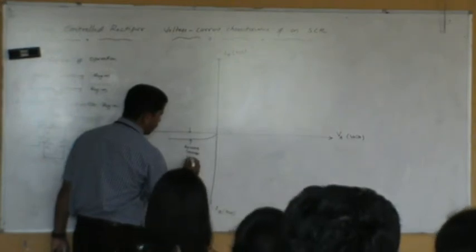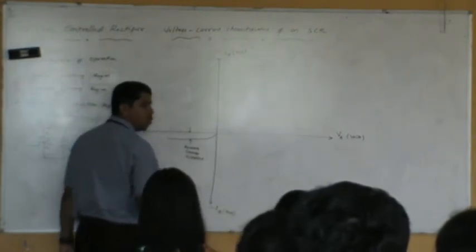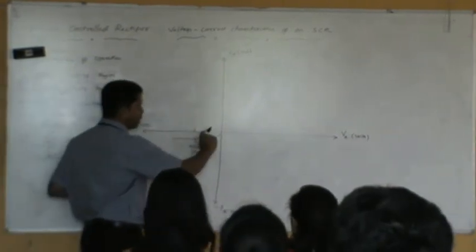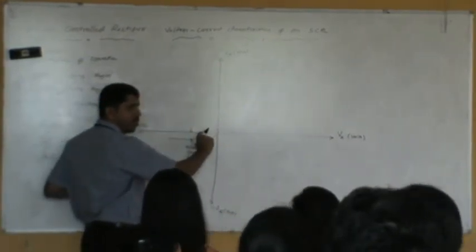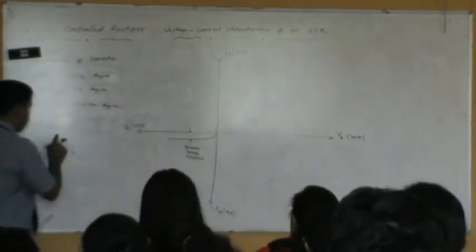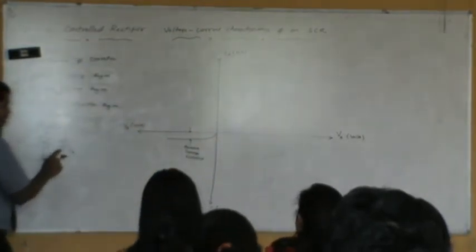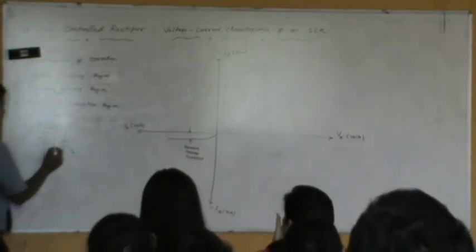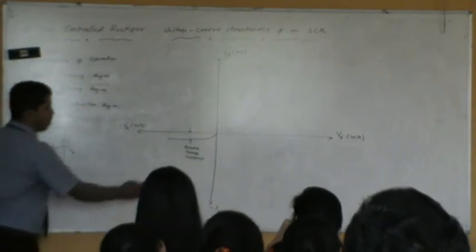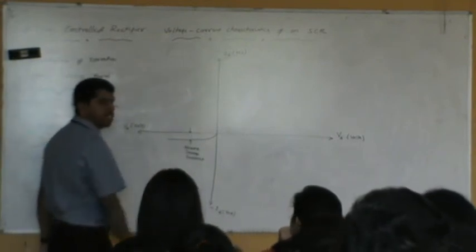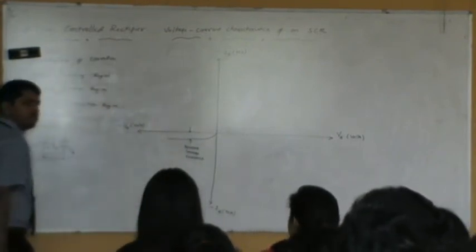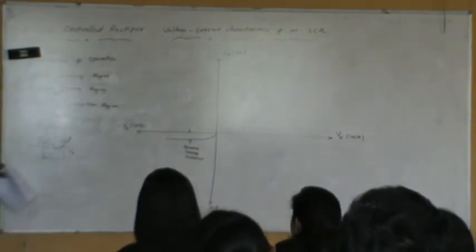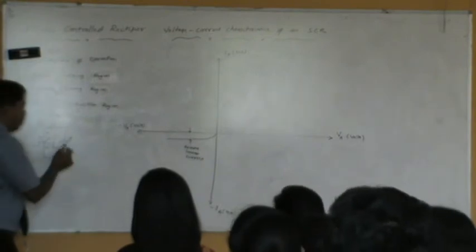Reverse leakage current. You can see the amount of current flowing in the reverse blocking region is very small. This is because of minority carriers flowing. Because of the reverse bias on the junction, the minority carrier current starts flowing through it. This is nothing but ICO. That's what we indicate: ICO is nothing but the reverse leakage current. How long will this current flow? If you keep on increasing this bias voltage, to a certain extent it can flow.